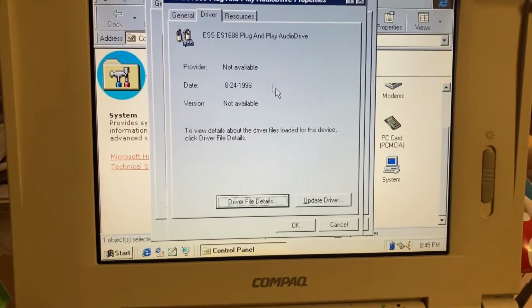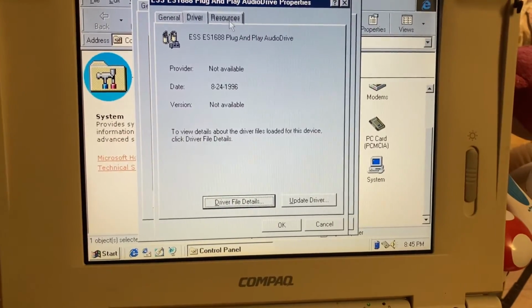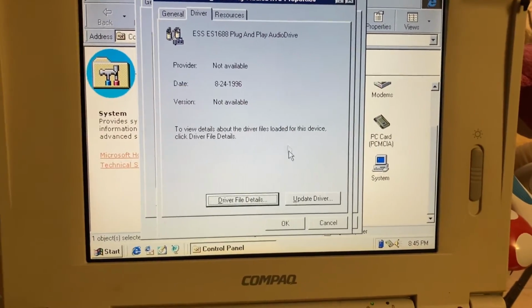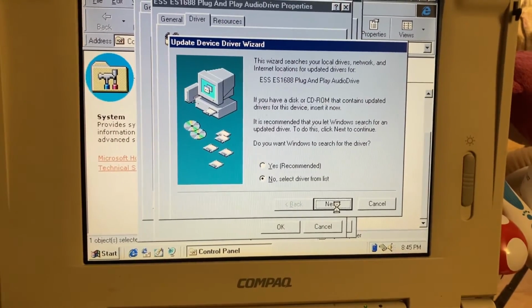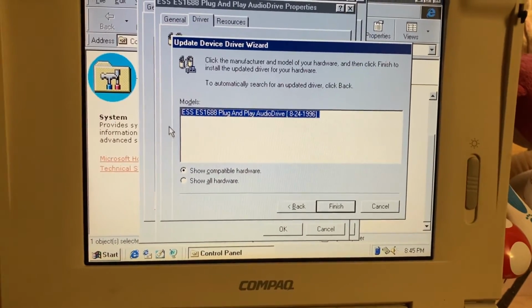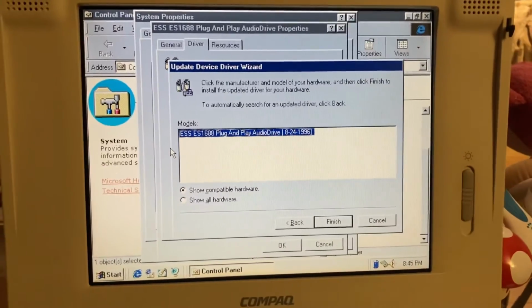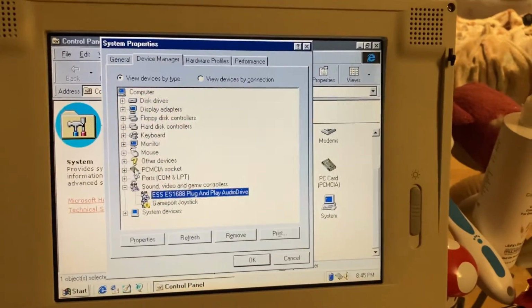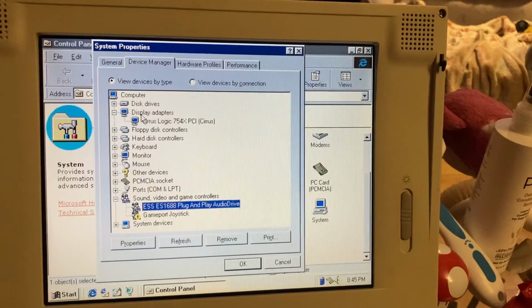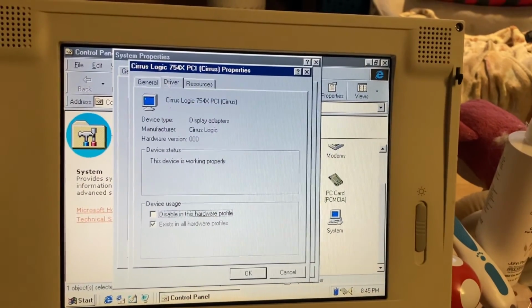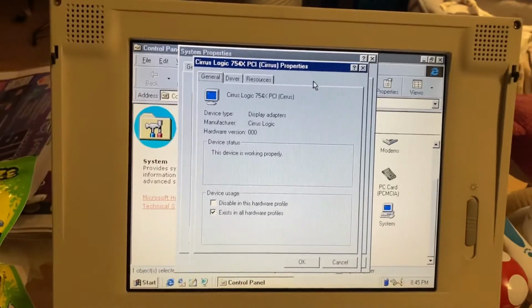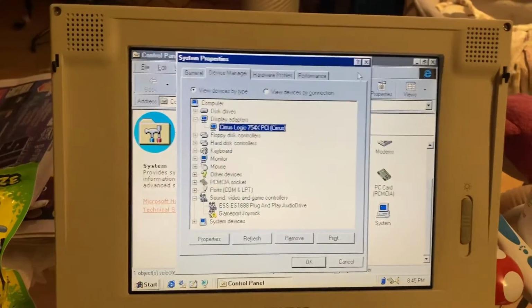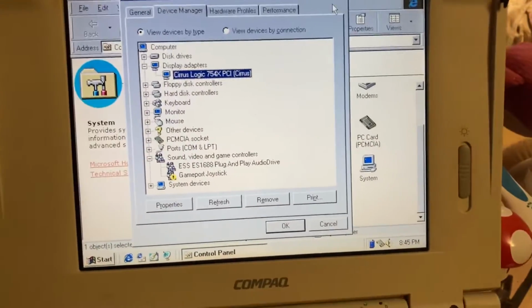Yeah, just install the default Windows one. That's interesting. I wonder if we install whatever's, yeah, it only detects that one. That's special. I wonder if the graphics card did something interesting here. Yeah, that's just a Windows driver. I don't know what that driver install disk did, but it did something. It didn't do anything of significance, but